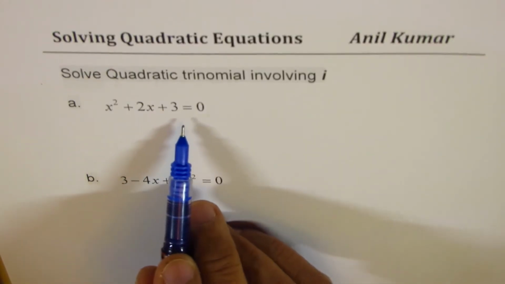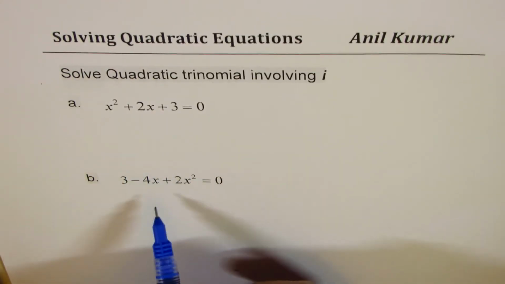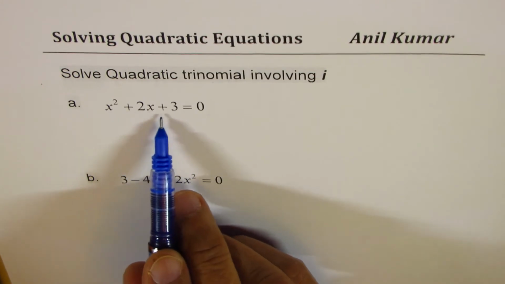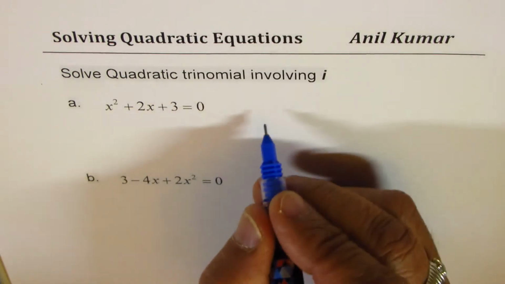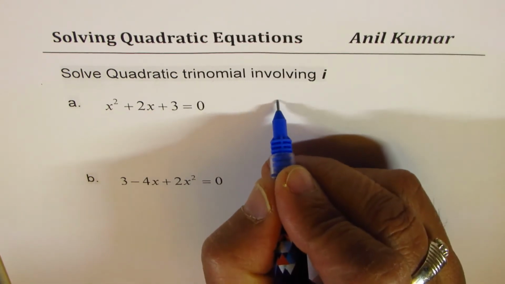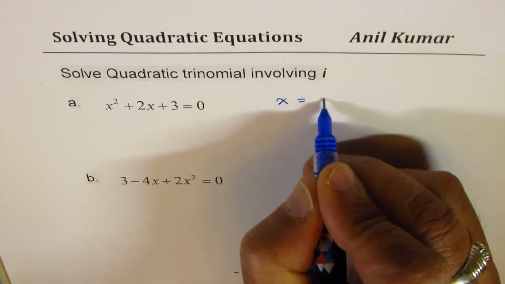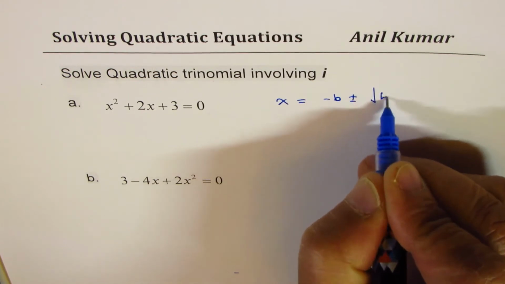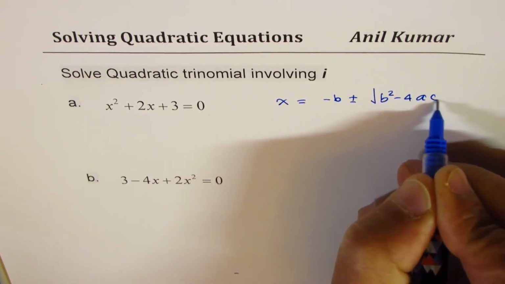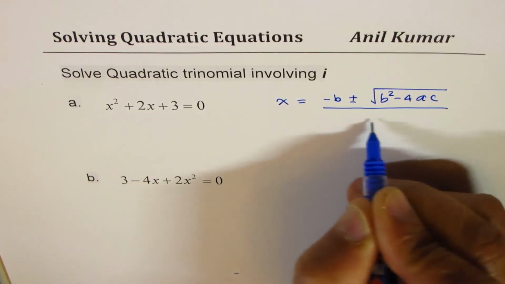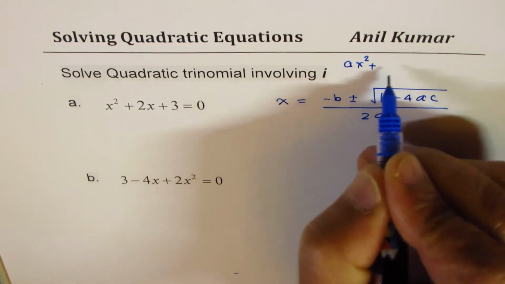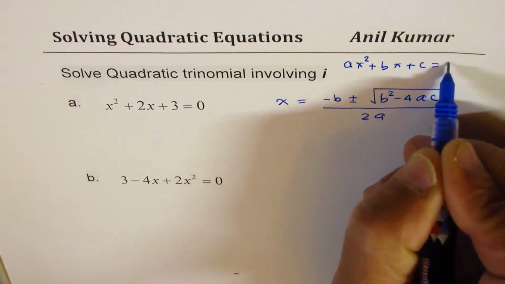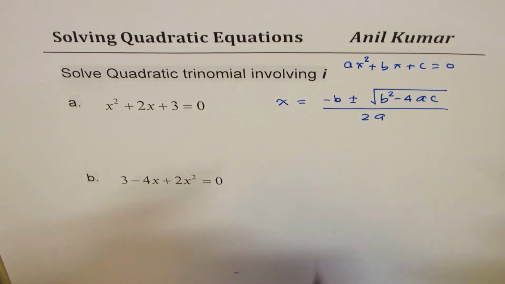Let's solve a trinomial. We have two equations here. The first one is x squared plus 2x plus 3 equals 0. I'll straight away use the quadratic formula, which is x equals minus b plus minus square root of b squared minus 4ac divided by 2a, when we have an equation which is ax squared plus bx plus c equals 0. Correct? In our case,